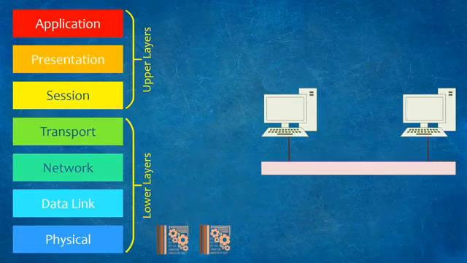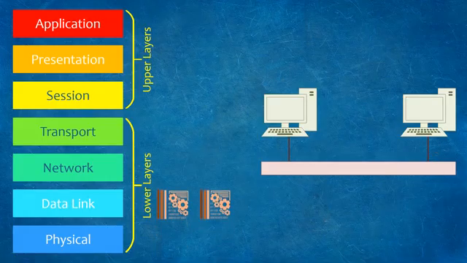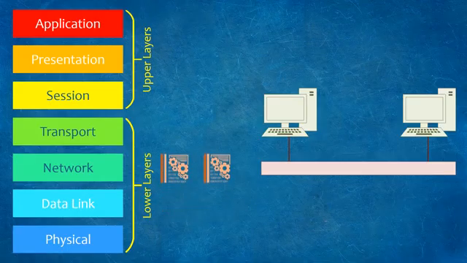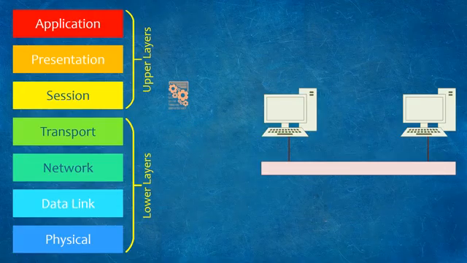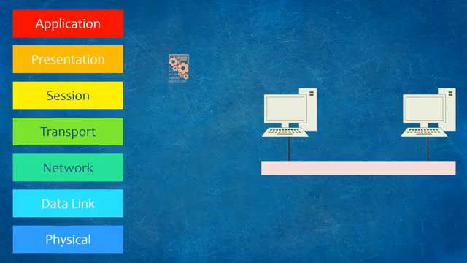Eventually, the data reaches the physical layer, where it is transmitted over cable or wireless to a remote host. The remote hosts receive the data at the physical layer. The process is then reversed. The data flows back up through the layers. Each layer does its job, removing headers and trailers and converting the data until it is in a form that